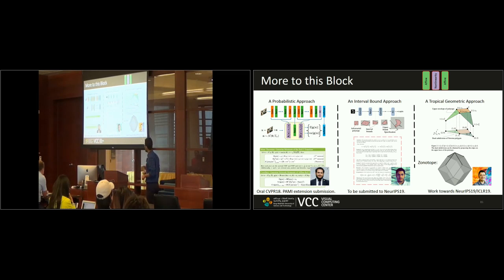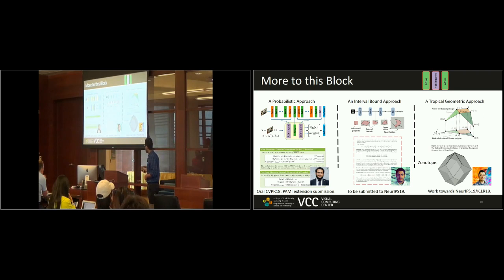Perspective number 1 is the probabilistic approach, in which we go through this block and say, well, the input to this block is some random variable coming from a certain distribution. Can we say something about the output distribution? If not, can we say something about the moments of that distribution? So this work